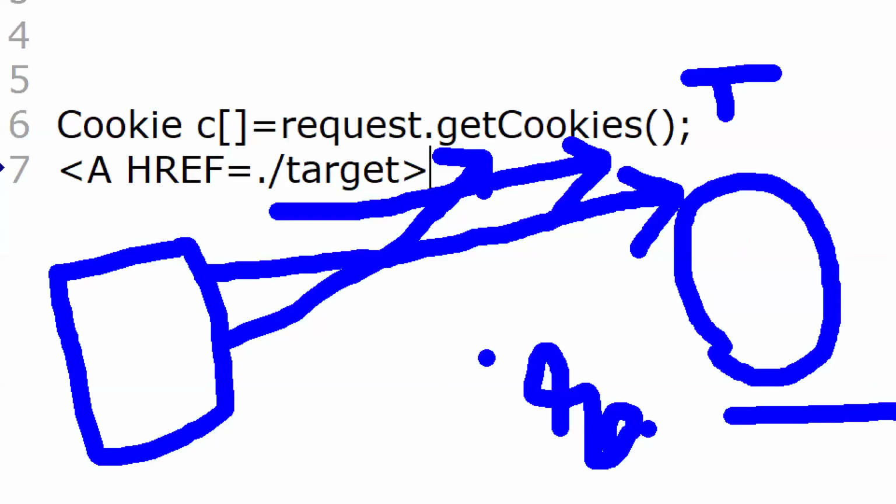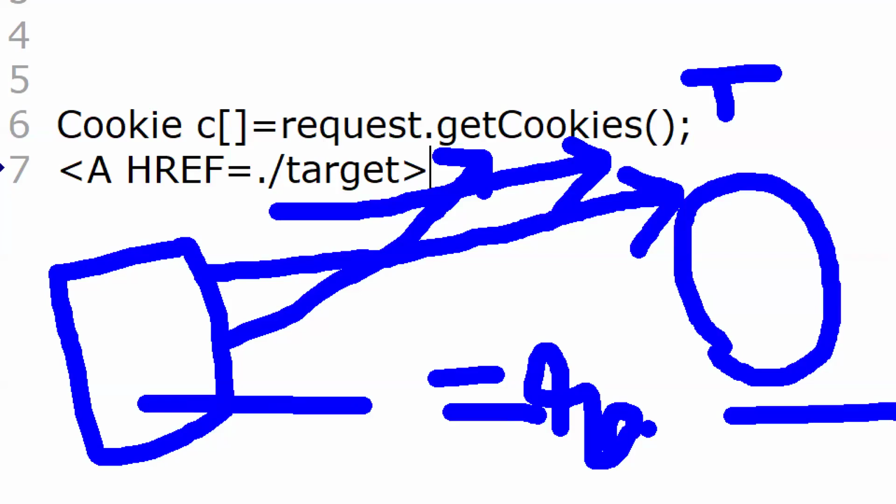Tell me, is the old session object reference returned or is a brand new session object created? It returns the reference of the already existing HTTP session. That is why when I called isNew, false was coming, and the same session ID was getting printed. Is your doubt clear?